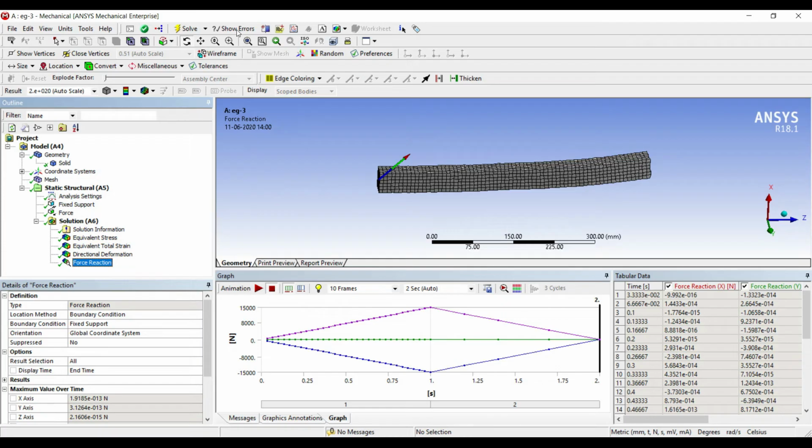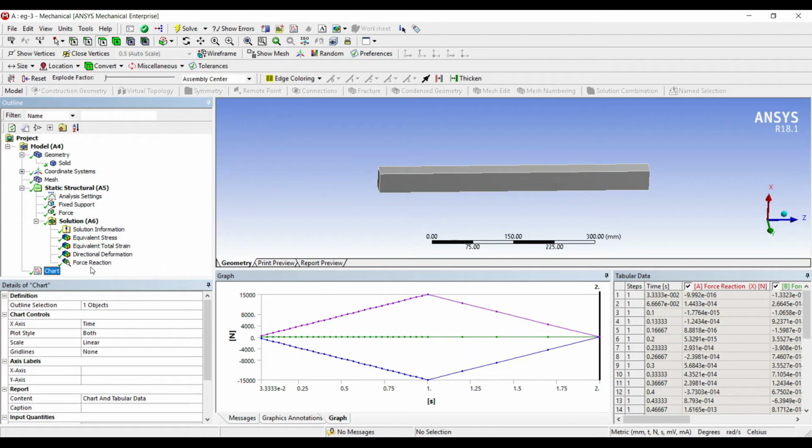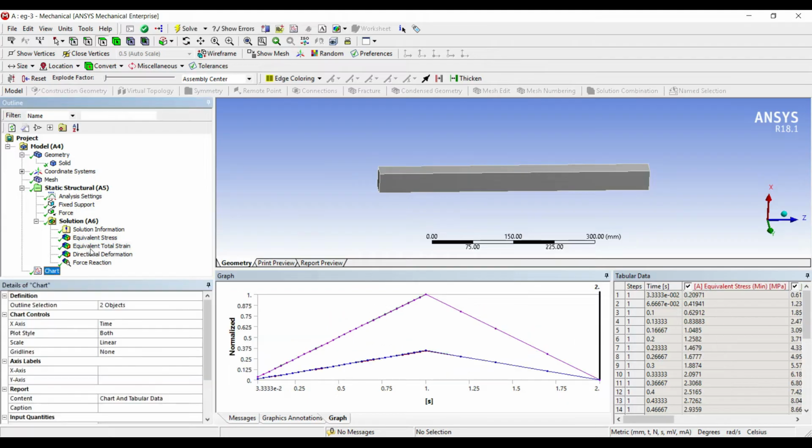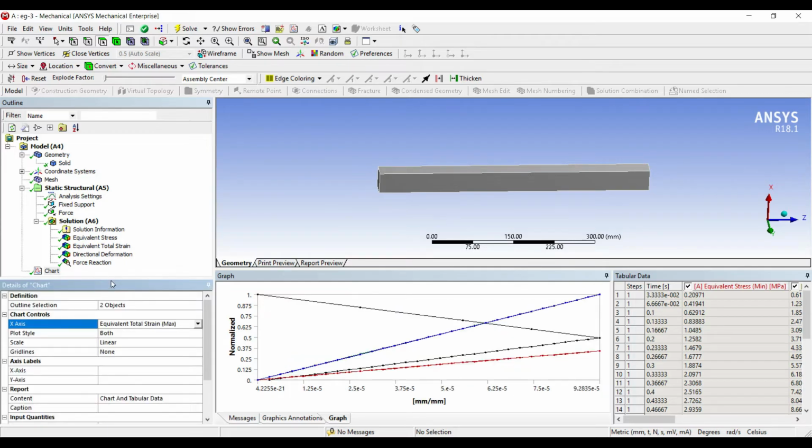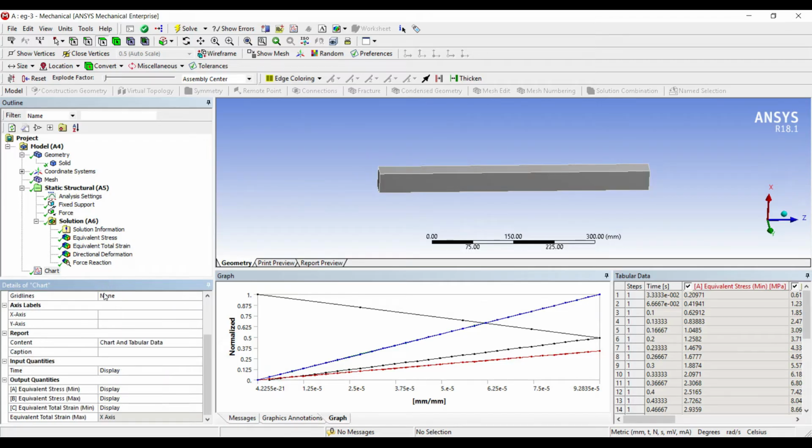Next I'll go to chart. I'll select the objects. I want to plot my stress and strain. X-axis, I want strain. Time, I do not want it.